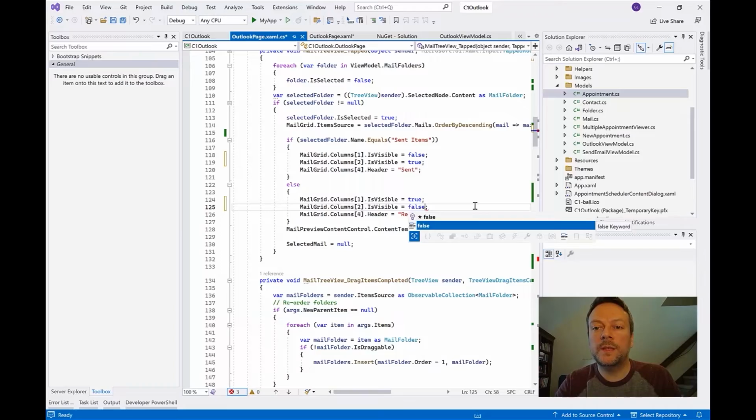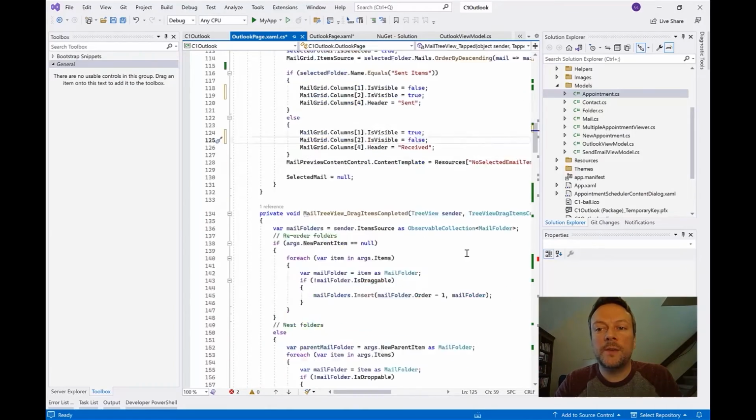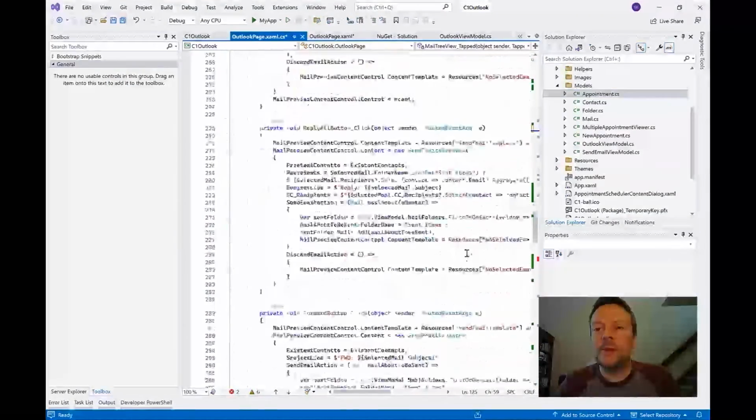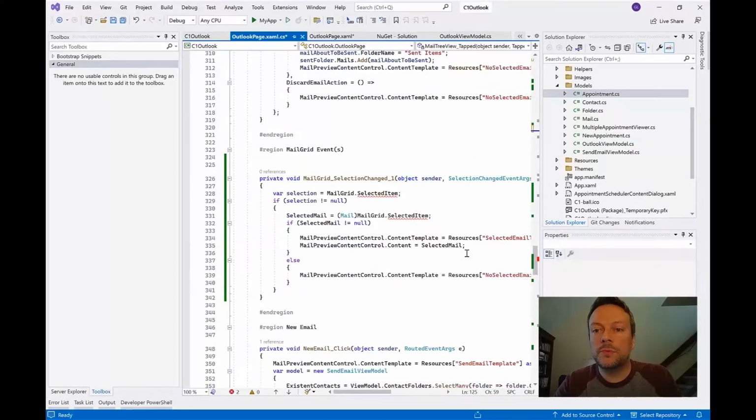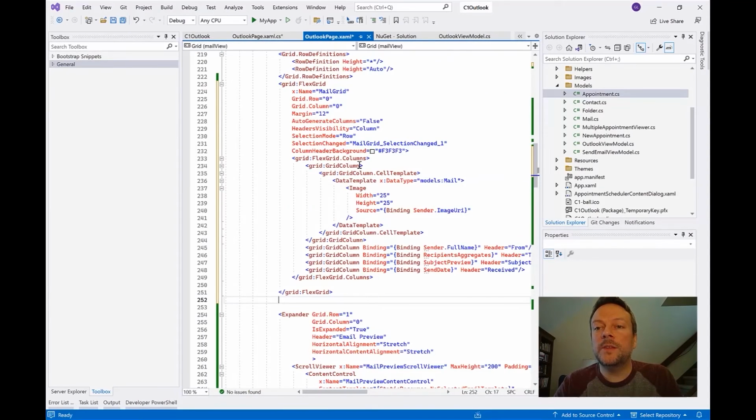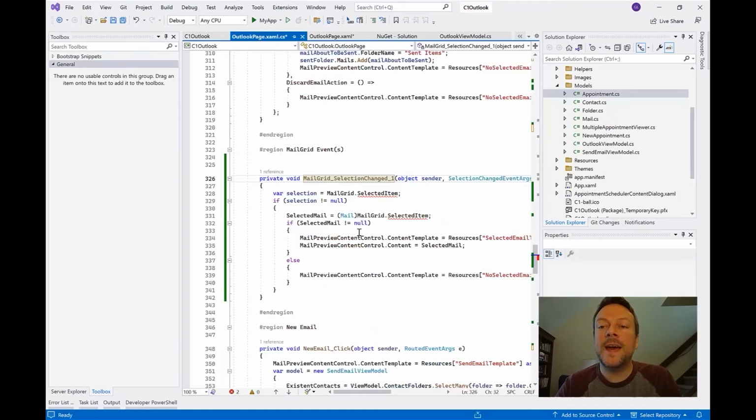So we're going to set all these. And there's a bit more down here. If I scroll down, here we have the mail grid selection changed events. This is what fires whenever the selection of the grid changes. Now, because this is an event that's different, I'm actually going to jump back over to the XAML and let Visual Studio auto-generate the event handler for me, because FlexGrid uses slightly different parameters. I believe it actually is passing in